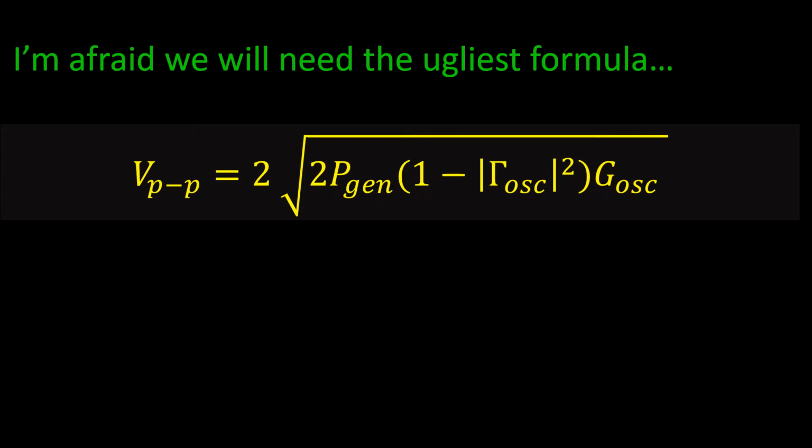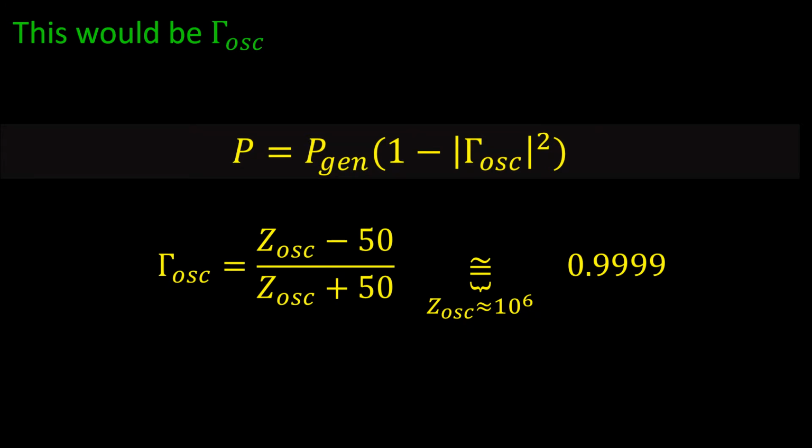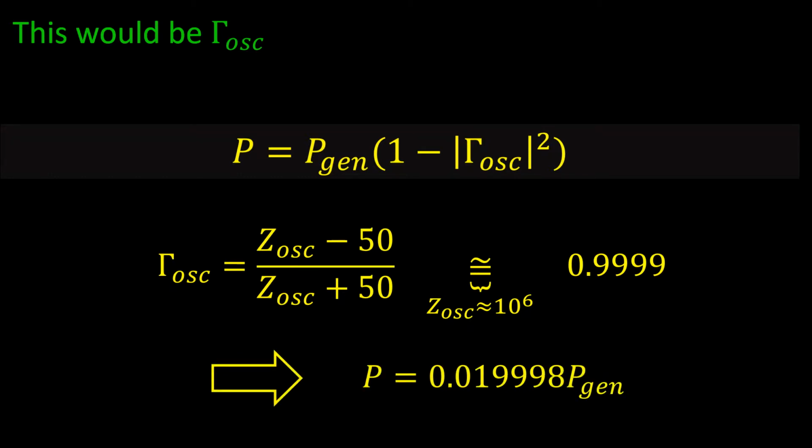Yes, you probably got it. Of course you got it because you have studied some transmission line theory. The problem is that we cannot ignore the reflections. Maybe this helps to clarify the situation. We know that the power delivered to the oscilloscope depends on the reflection coefficients. If we just take an ideal oscilloscope with no parasitic capacitance, just a 1 megaohm input impedance, we get a nice reflection coefficient of four nines. The resulting power delivered to the oscilloscope is less than 2% of the incident power.